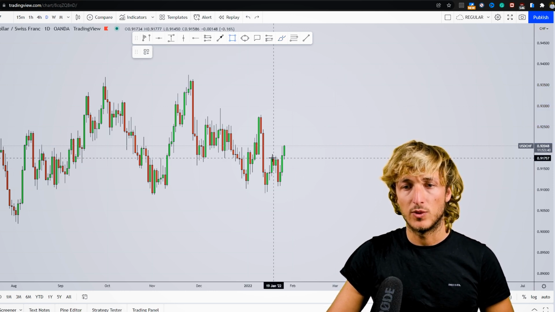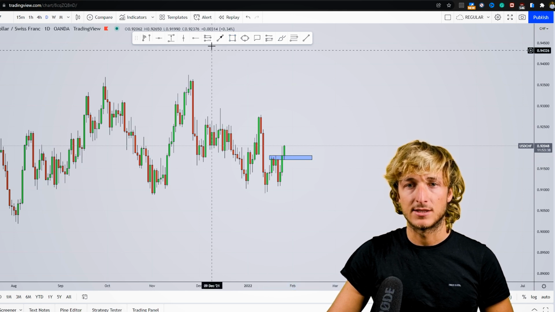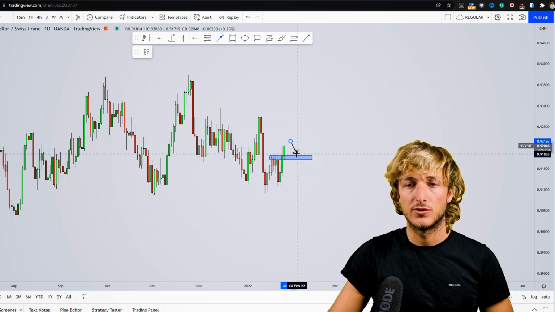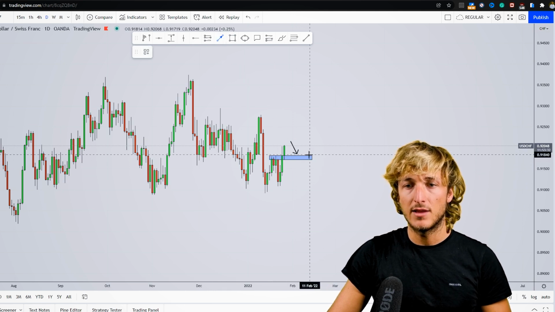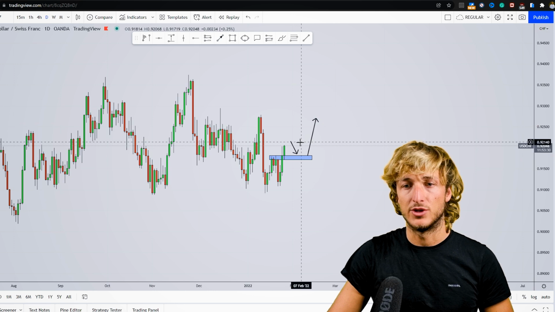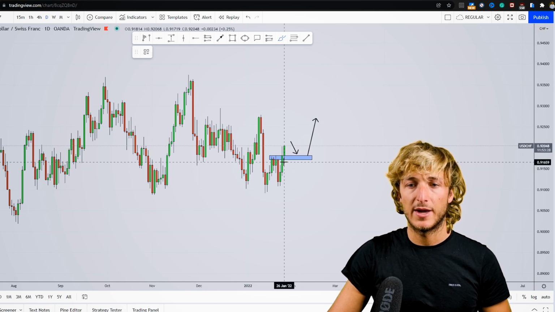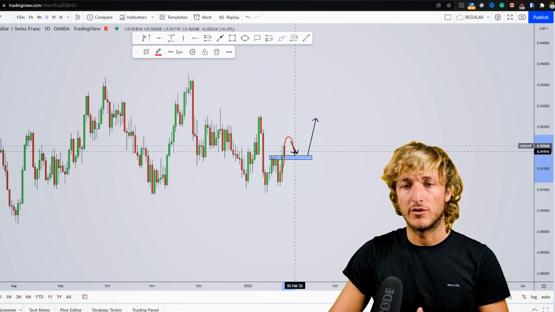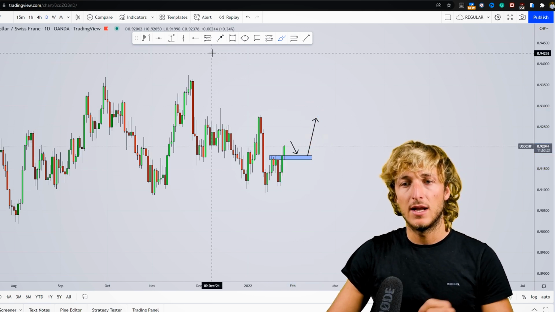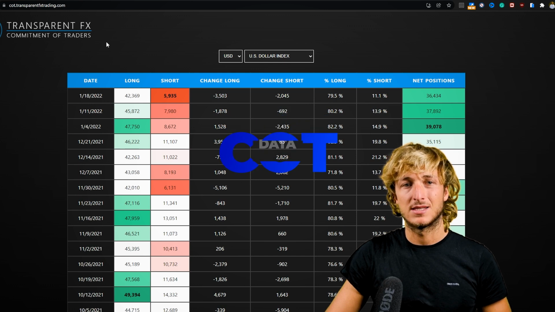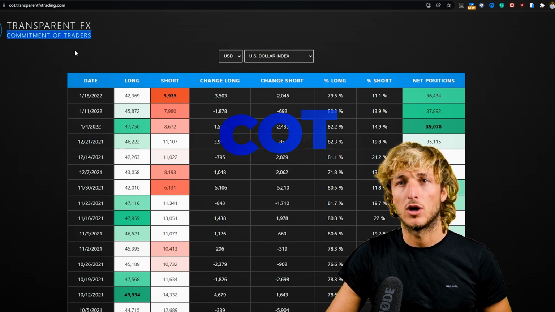So here on the daily, what we actually can expect is a retest of this previous resistance, which was resistance here, which is now turned support here. And then from here, we can expect a potential rejection higher. So what we expect is the completion of this impulse, a reversal to retest this area, and then the continuation to the upside. Now, if we go and see what we have from a COT perspective, so commitment of traders,